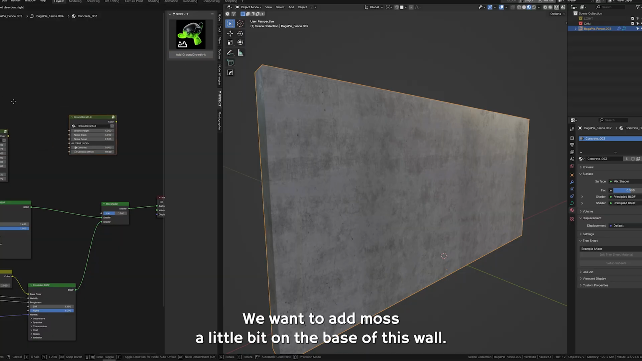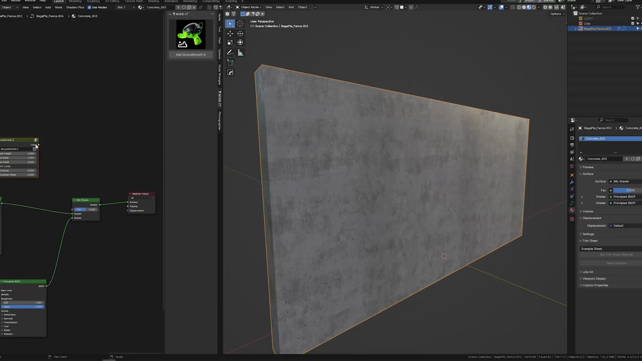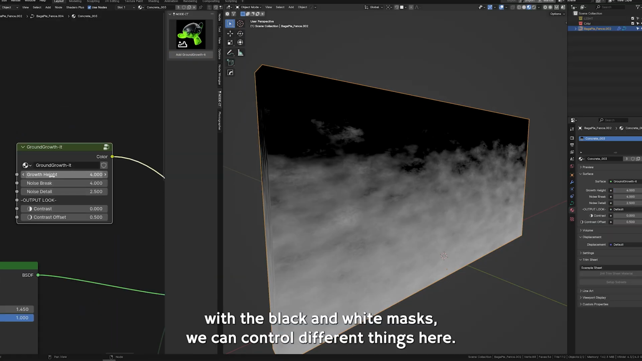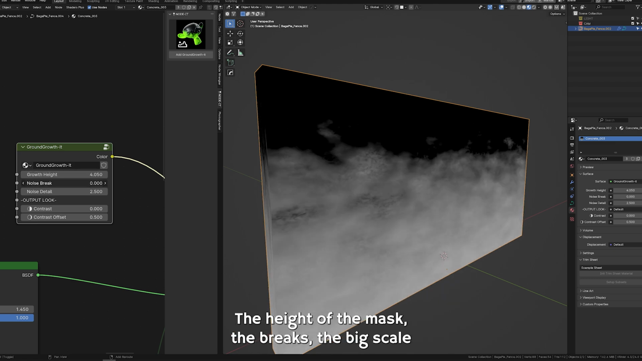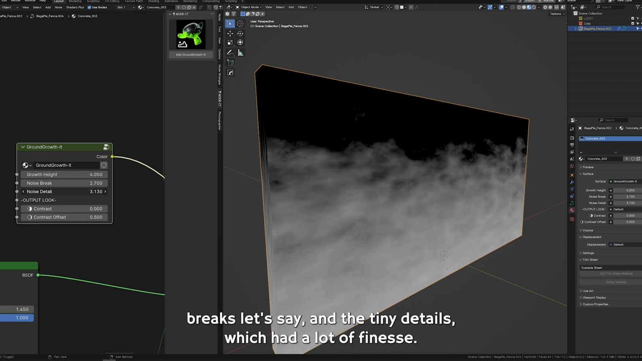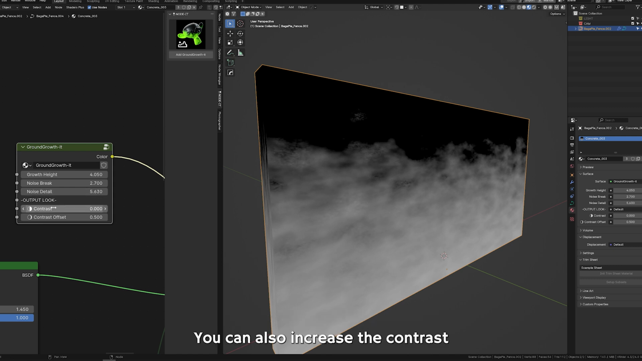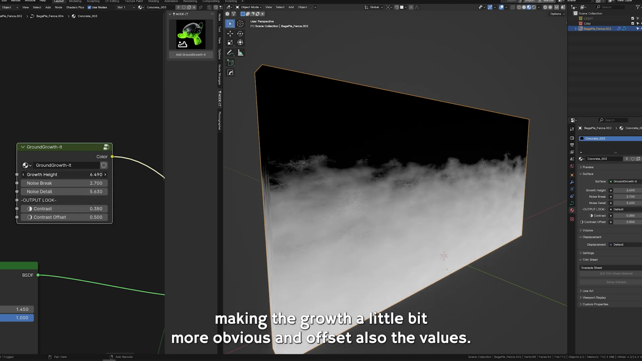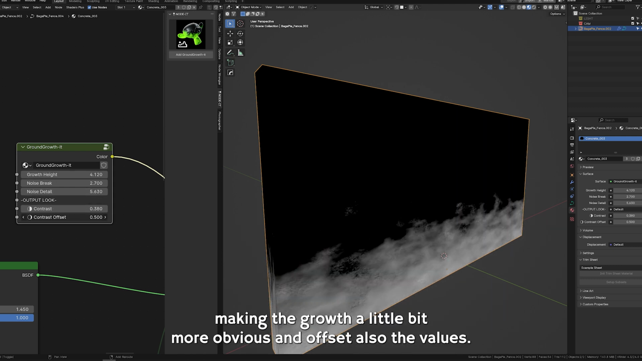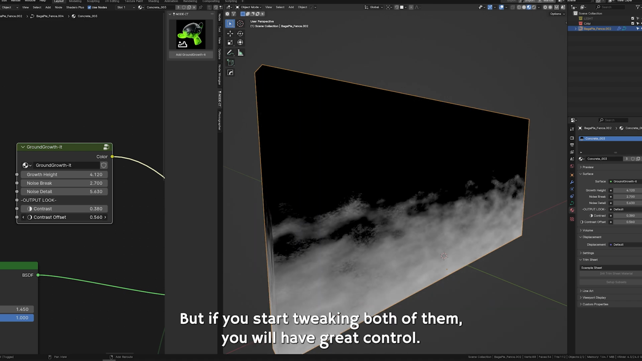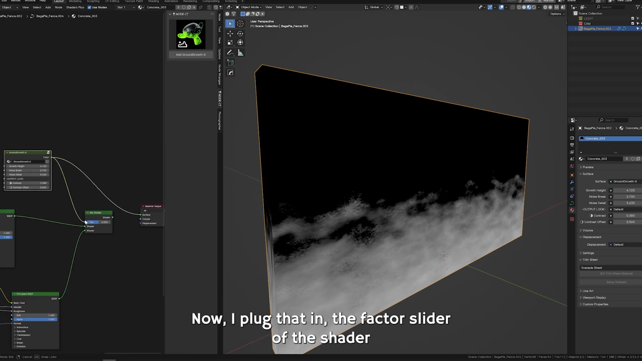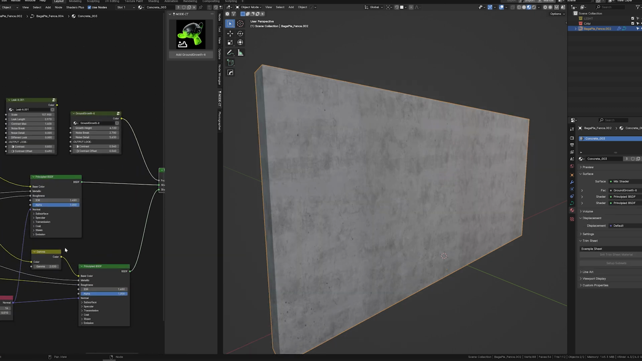We want to add moss a little bit on the base of this wall. So as you can see with the black and white masks, you can control different things here. The height of the mask, the break, the big scale break, let's say, and the tiny, which adds a lot of detail. You can also increase the contrast, making the growth a little bit more obvious, and offset also the values. It will act a little bit like the growth, but if you start tweaking both of them, you will have great control. Now, if I plug that in the factor slider of the shader,